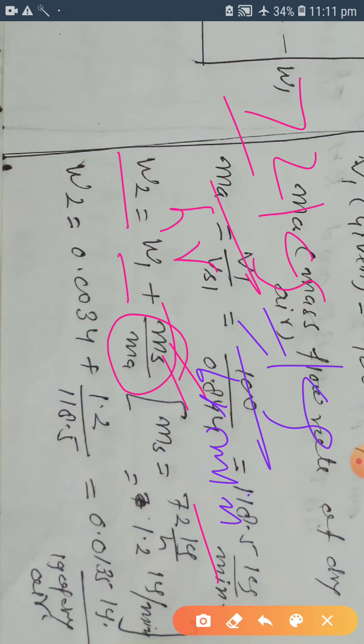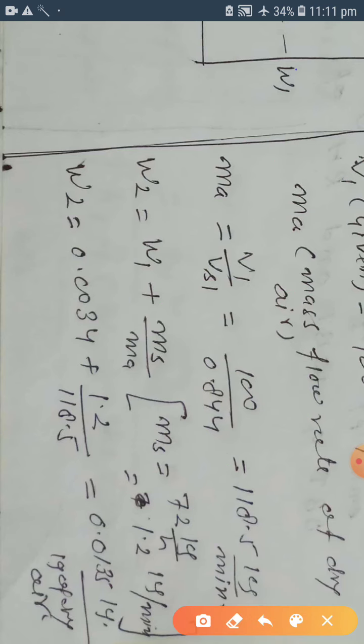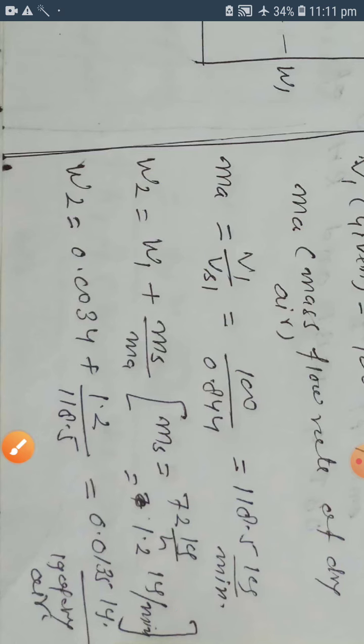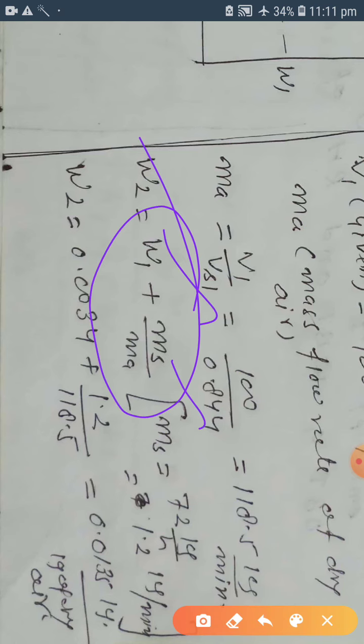So you may divide 72 by 60, so this is 1.2 kg per minute. So you know all the quantities, W1, Ms and Ma. Put in all the values,